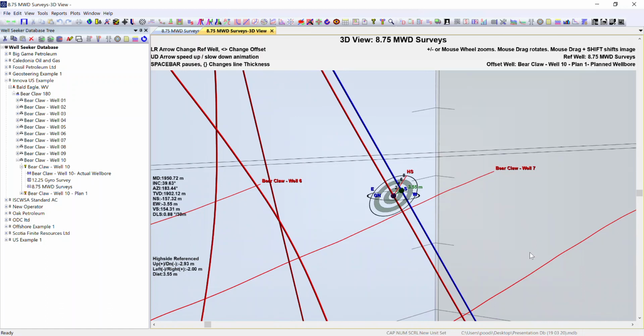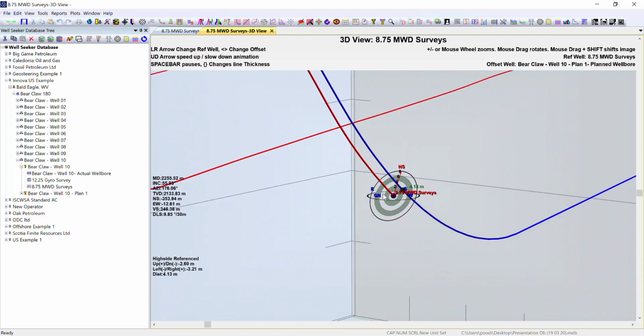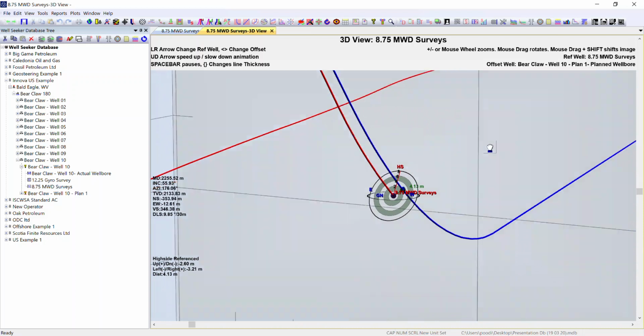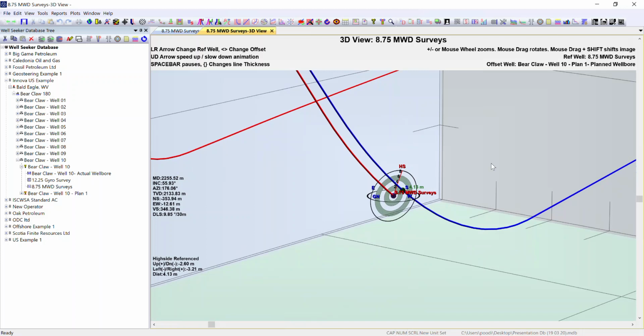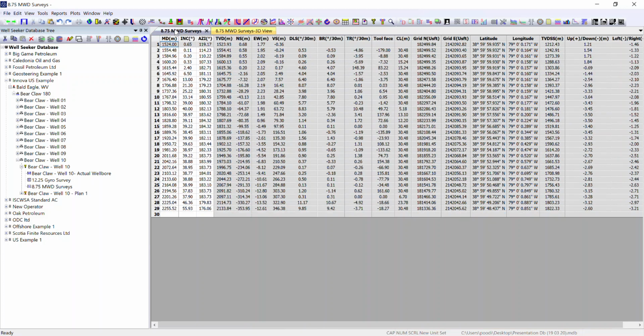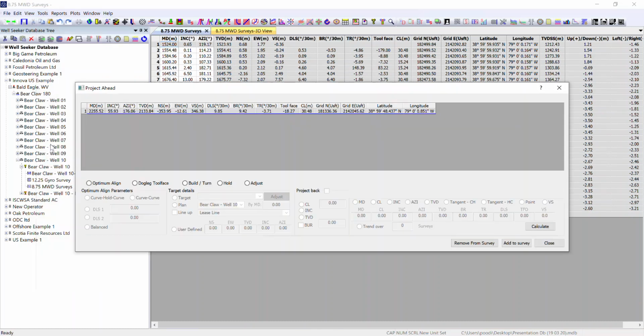Next thing we're going to look at is adding on projections. So I'm down at the end of my surveys here. In real time, you can add projections within your survey dialog that will then be displayed on the 3D plot. So I'm going to go back to my surveys. I'm going to go to Tools and Project Ahead. In this case, I'm just going to do a quick